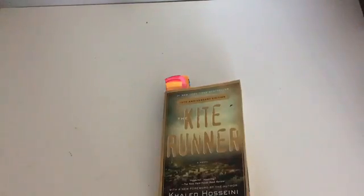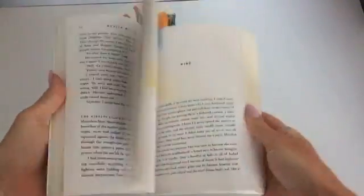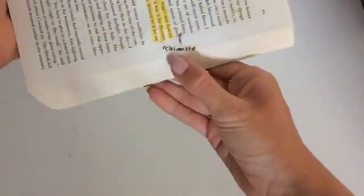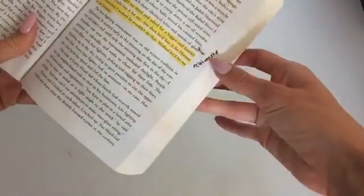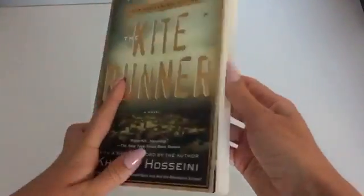So the final thing you want to make sure you're doing with your book is, after you highlight your quote, you're writing in it. You don't want to forget what you chose that quote for. You want to make sure that you know. So if it's maybe for your metaphor, or it's foreshadowing, or even for a character, you want to make sure that you know what it's about. So after you highlight your quote so you know where it is, take a pen. You can use just a black pen, or sometimes I just use the same highlighter that I used earlier to